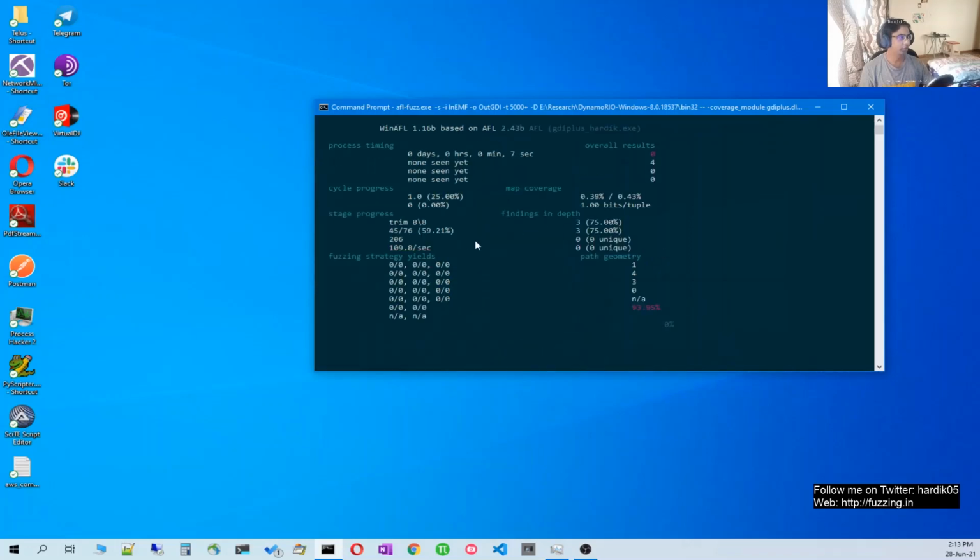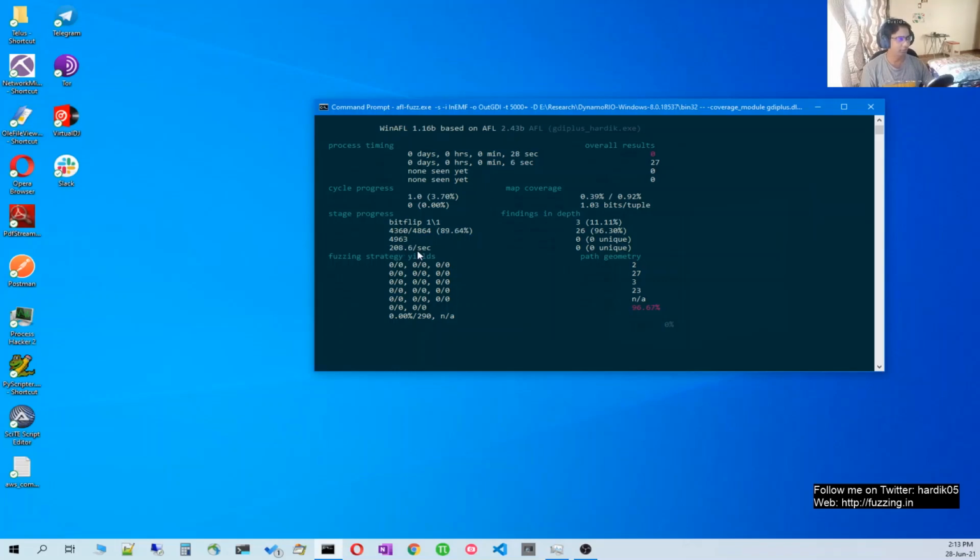Okay, so you will notice that there is some issue with the GUI because I have changed the terminal colors over here, but you will see that it is discovering new paths, and the current execution speed we are getting is somewhere around 200 executions per second. It will increase.